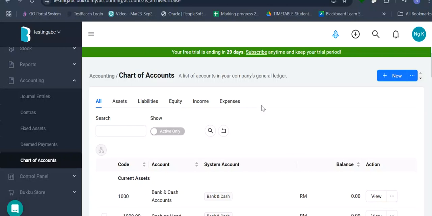So let's say the first customer is ABC. You can put it as customer ledger 1, CL1. You look at the book, the first page, page 1, CL1 is customer ABC.